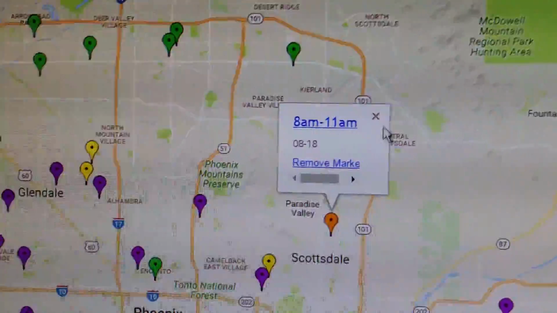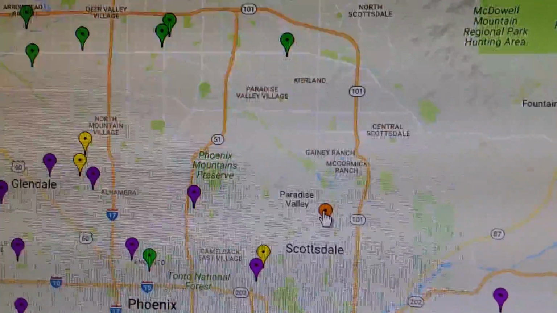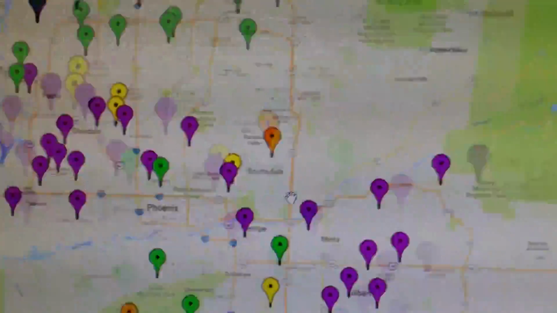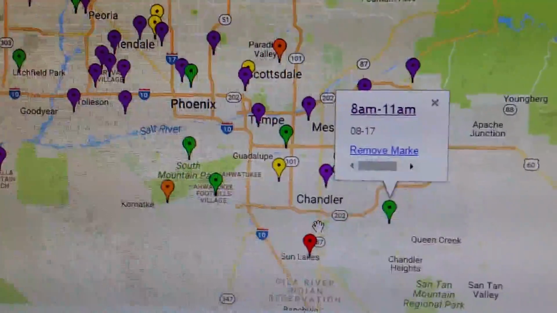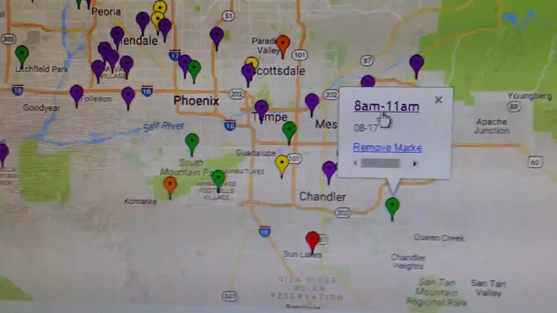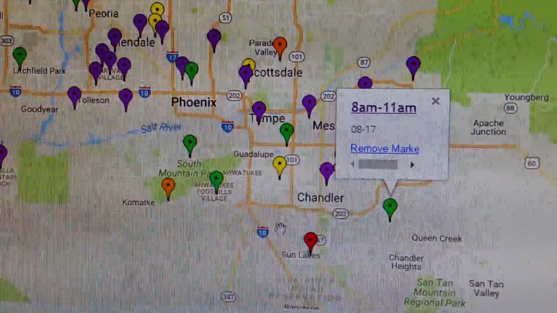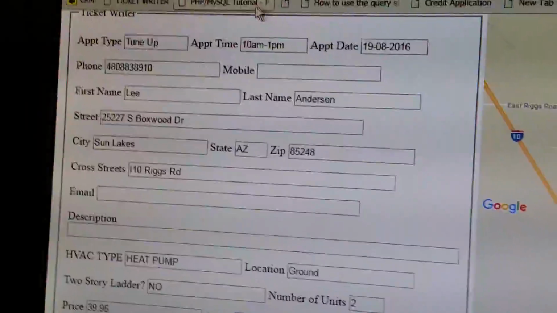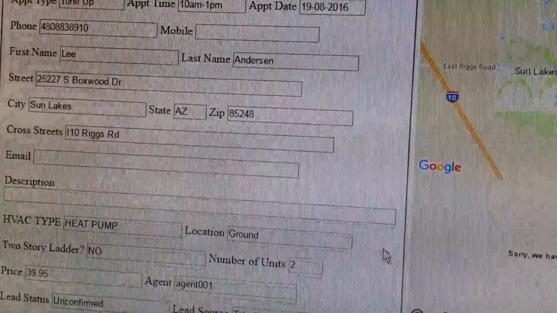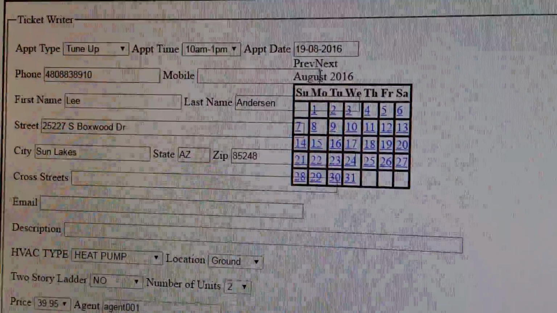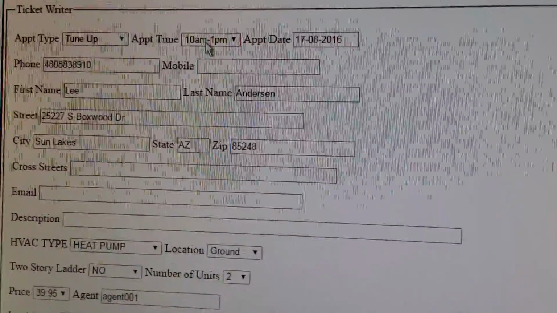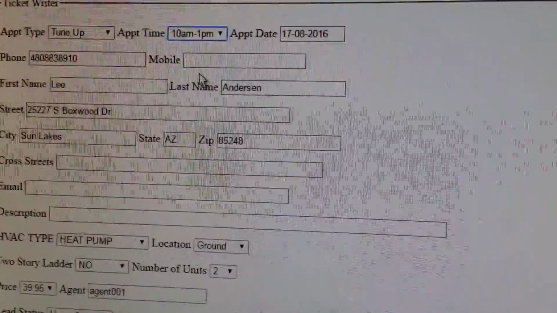And you can click on them all, what our goal is to try to pair up the calls with calls that are close to each other geographically, so that the technicians don't have to drive very much. So if it comes out here that we're going out the 17th between 8 and 11 to a house that's nearby, we could go back to our program here, and instead of going out the 19th, we could select the 17th just to group, and it looks like probably the 10 to 1 slot will do there. That's useful for service calls that you're trying to squeeze into the schedule during the